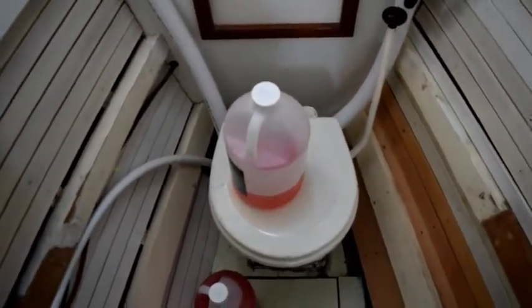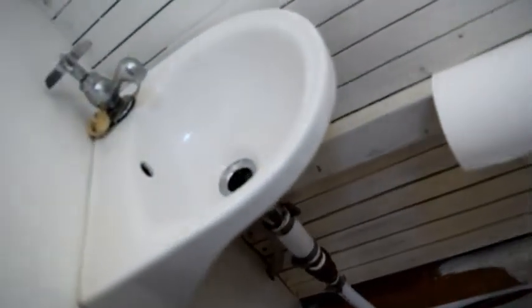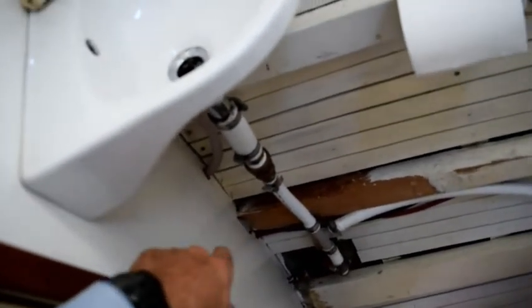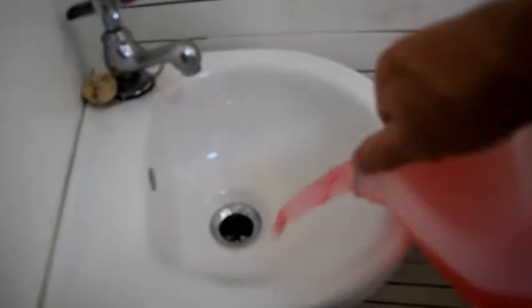And the way I have my head set up makes that very easy. This is the inlet line for the head. It goes over here to the drain for the sink. And normally when we're using the head, I close this C-cock so the drain now does not go over the side. Instead it goes into the inlet for the head. And to winterize the head, I'm simply going to pour antifreeze in the sink,